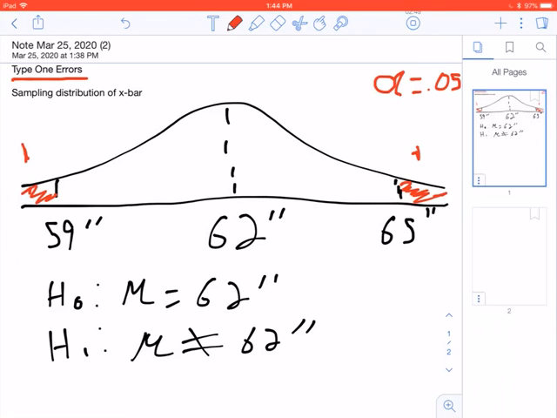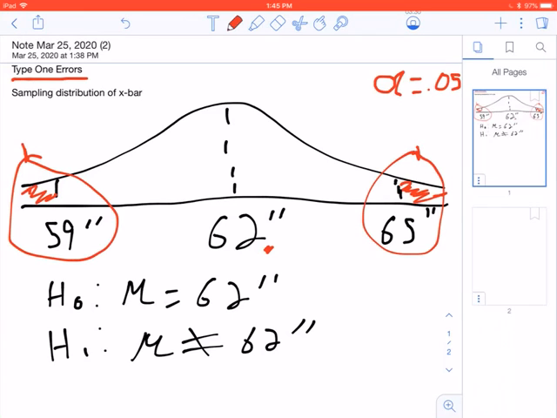Let's say that we did our calculations, like we learned in class, and we figure out that, given that what I'm saying is true and the mean is actually 62 inches, only 2.5% of the time would we get a sample statistic above 65 inches, and only 2.5% of the time would we get a sample statistic below 59 inches, right? And what we learned is that if we get a test statistic that lands in one of these red regions above a critical value, and again, I'm not doing this with z-scores to try and keep it a little simpler,